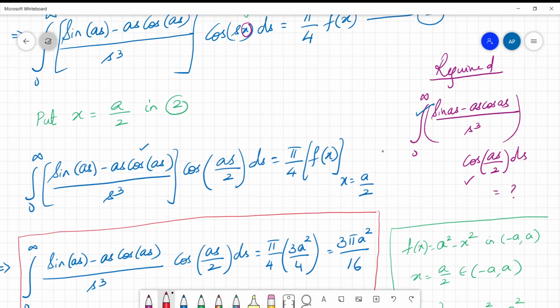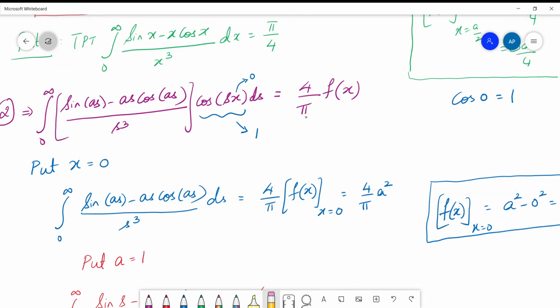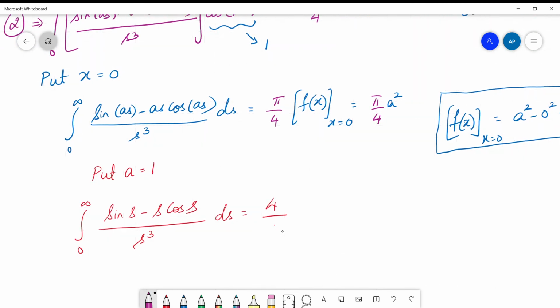Look at your equation number 2. It's pi by 4. I have copied it as 4 by pi. Let's make the correction here. So I will just rub this part alone and write this as pi by 4. Please note that this part where I have written it as 4 by pi, it's now pi by 4. So this becomes pi by 4. Here also we could change it. It was just a mistake which we carried forward. So now what we shall do here is put a equal to 1. So what happens to the term here? So this is going to become pi by 4. So I will rewrite it as pi by 4 into 1.